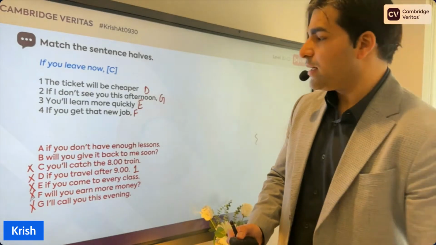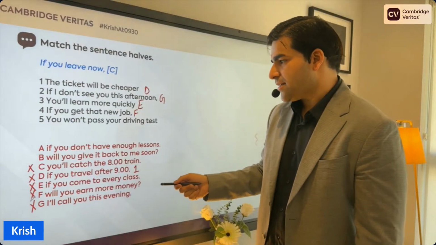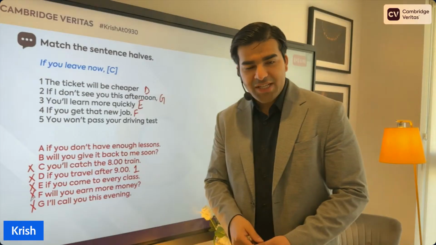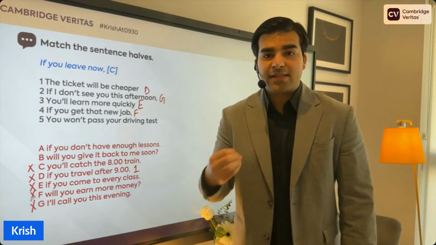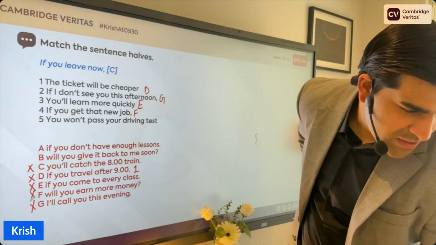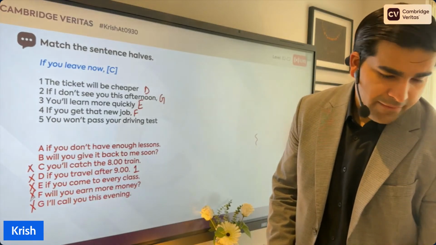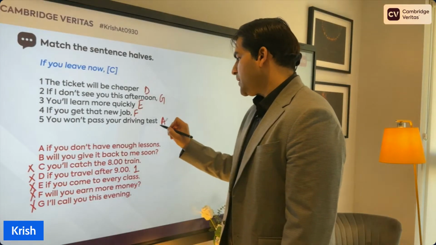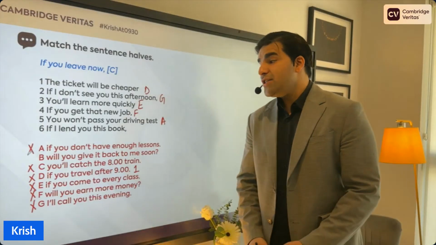Super. Number 5. You won't pass your driving test. I know it doesn't happen in most of the countries that you actually have to take a proper lesson for it, but at a lot of places it's like mandatory. So what's number 5? 5 is A. If you don't have enough lessons, thank you. 5 is A. Lovely. And the last one is if I lend you this book,